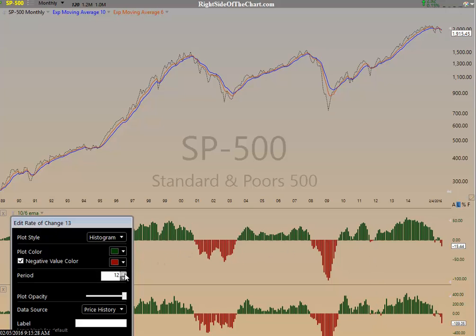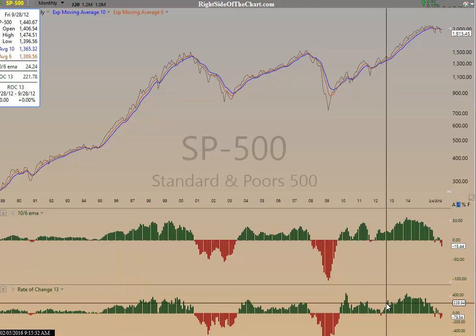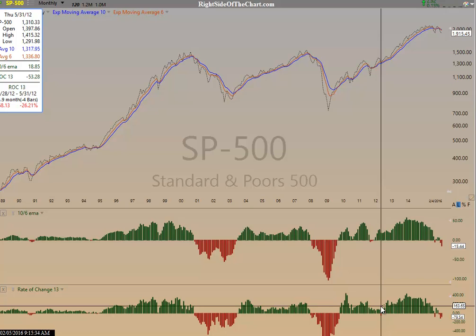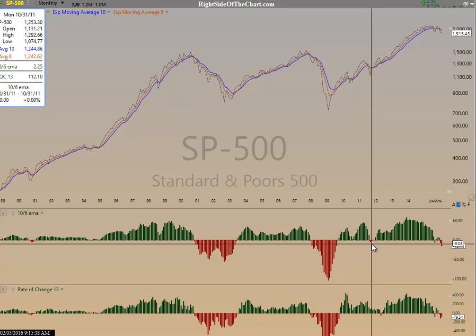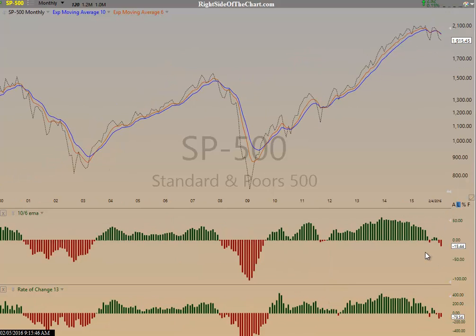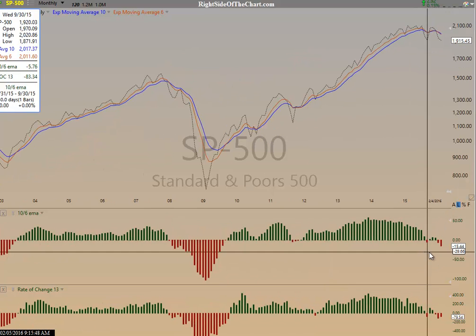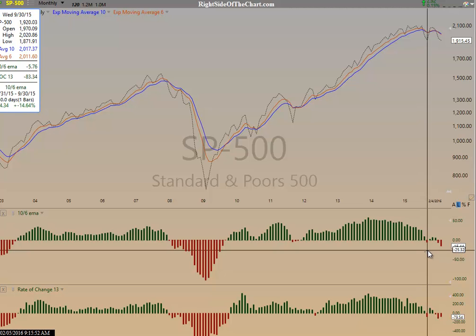And that's why, on this one, I've been using the 13 lately. And 13 is a little slower, so it will help avoid these whipsaw signals. So had you ignored the 10-6 EMA cross because you didn't have the ROC 13 going red, that would have kept you long throughout this entire bull market. Now, most importantly, we had, let's see, one trigger back here. We had a little whipsaw back in